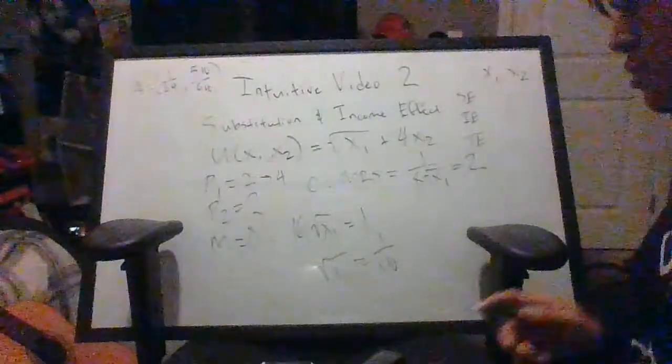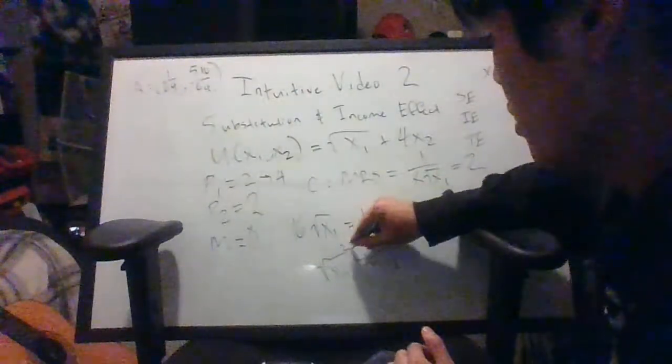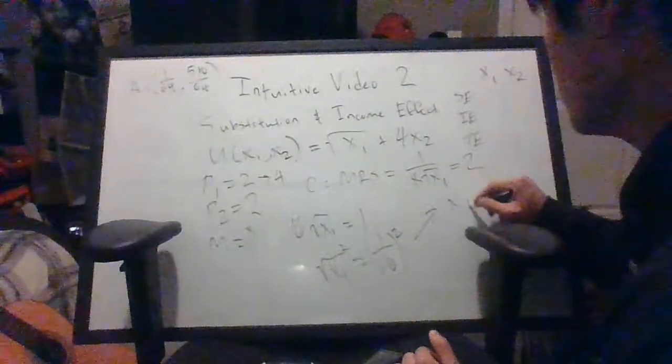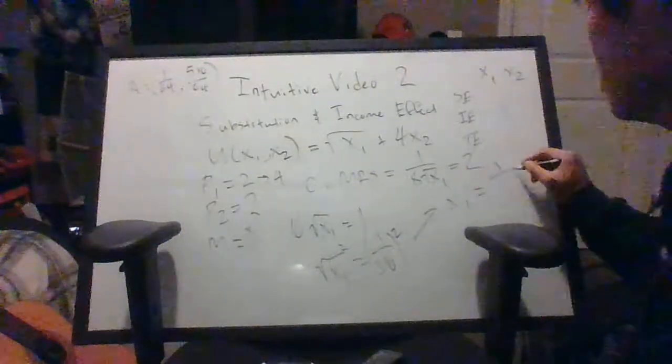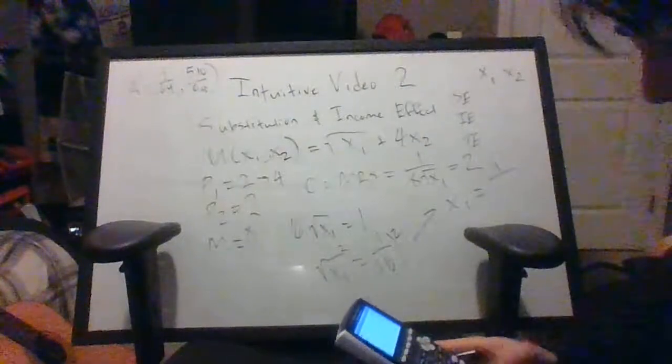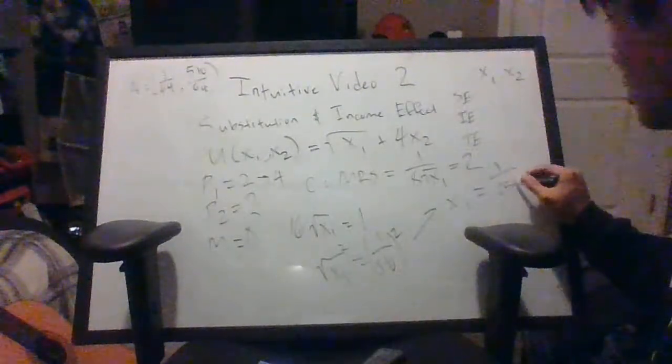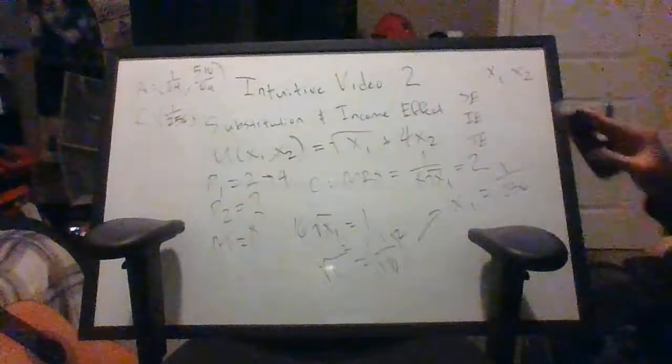This is going to be an even smaller number, right? So we're going to square both sides, and we get that x1 is equal to 1 over 16 squared. I have that right here, and that's going to be 256. Okay, so we can already write that down here: 1 over 256. We're going to do the same exact thing,